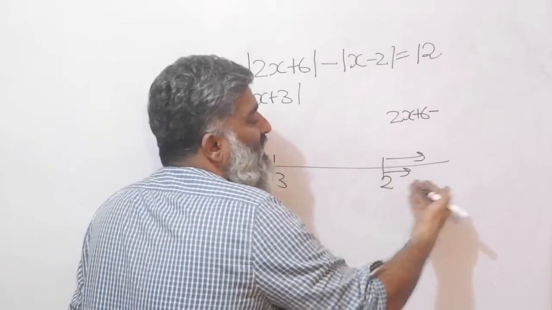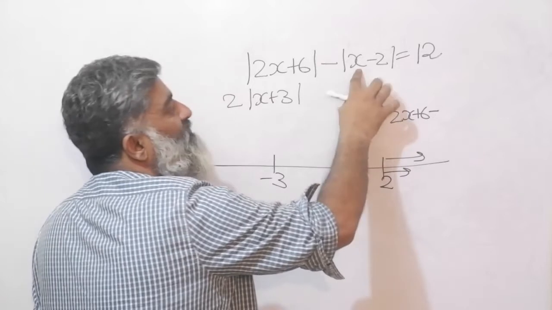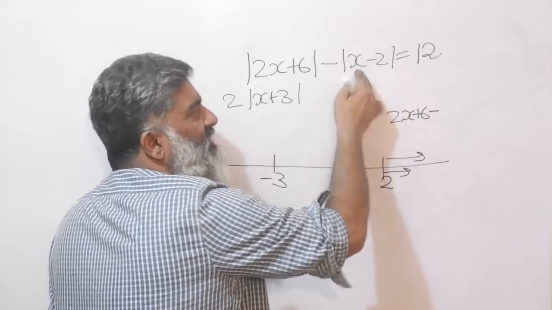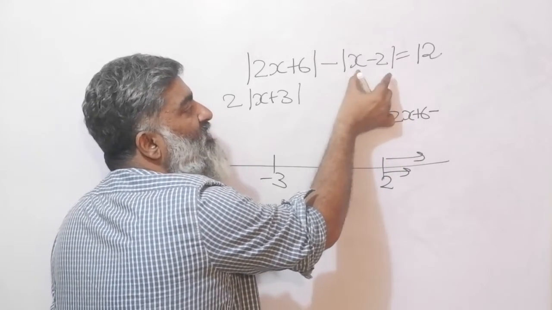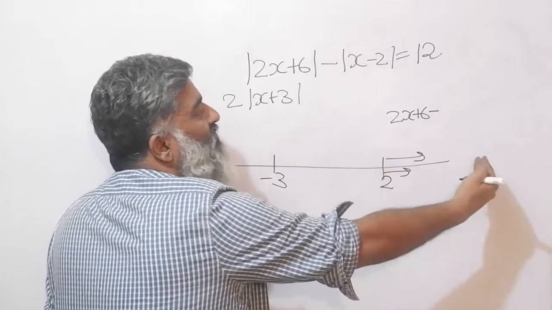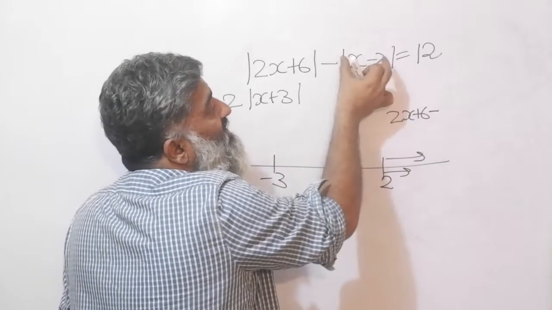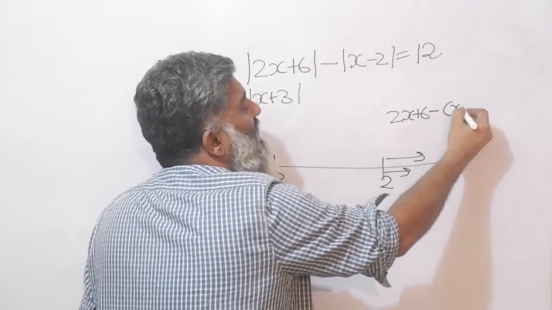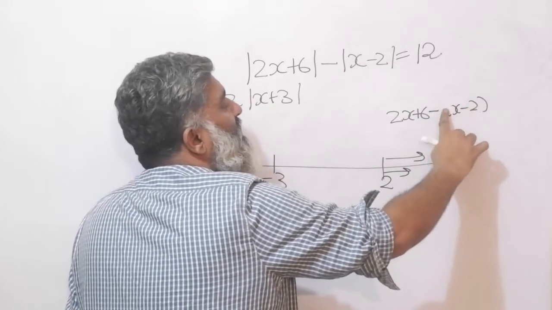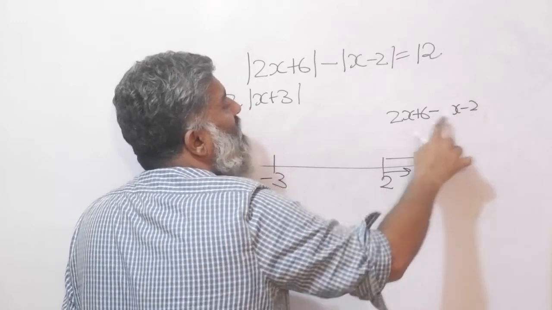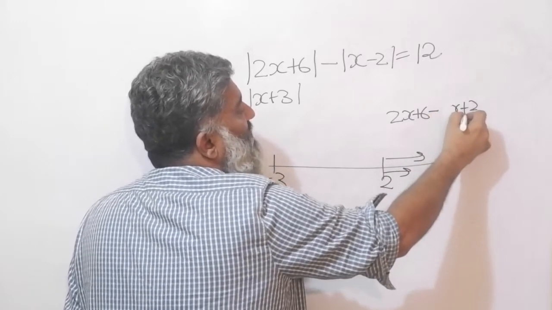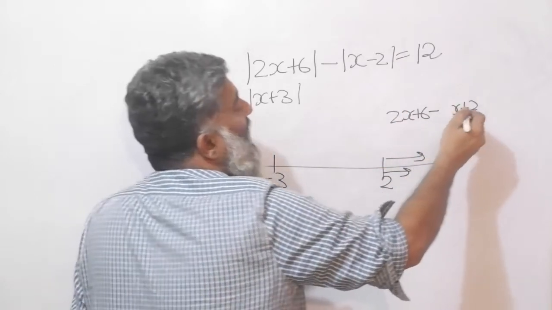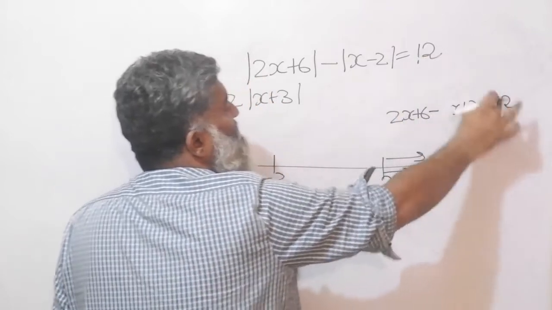For any point in this region, 3, 4, 5, 6, 7, 8, 9, put it here. 7 minus 2 will give you a 5. That means for any point in this region greater than 2, the moment this becomes 2.1, this will always be positive. So any point on the right of 2, this is also positive. That means I can just remove the mod function and write the expression the way it is. So minus of x minus 2. Get rid of the brackets and you will get a minus x and a plus 2, a minus into x and a minus into a minus 2 will give you a plus 2. And copy the equation just the way it is, equal to 12.